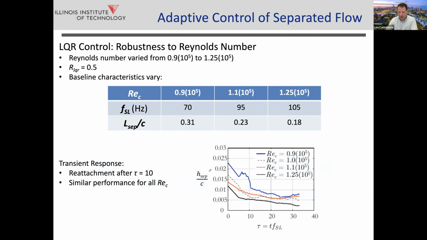So I'm showing you here, how does the height of the separation bubble vary versus time? And again, you can see after about 10 to 20 shear layer cycles, which is about physical time, 1/10 of a second to 2/10 of a second, boom, this flow is attached and it stays attached. And what's nice is the actuator power, when it's attached, actually reduces. So the cost of running the control is also reduced. So unlike open loop control, where you're sitting there running this thing perhaps close to the maximum authority of the actuator, here you're establishing control very quickly, it adjusts, and then it stays.